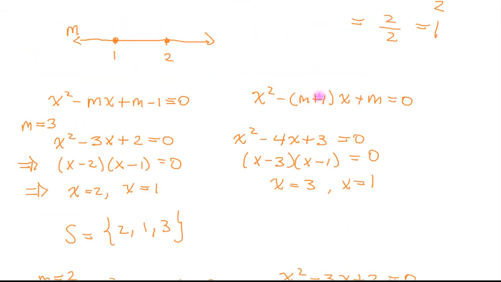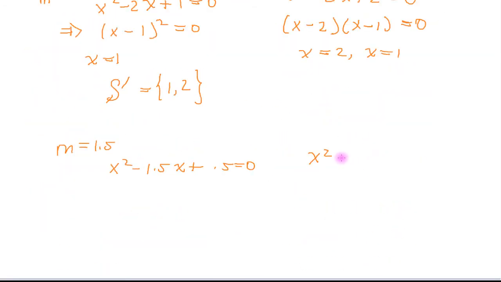This one is m plus 1, so it's negative 2.5x plus 1.5 equal to 0. Okay, now this doesn't factorize, it factorizes nicely. So what two factors of 0.5 can I split them into so I can have 1.5? Well, for this one, I use the quadratic equation again. And the quadratic equation here will give me